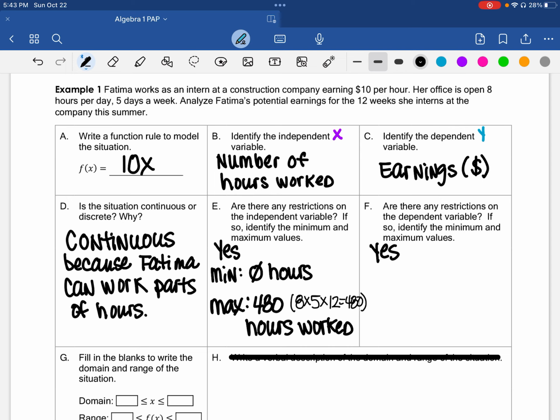Yes. Now I'm going to use these numbers that I have here to give me their monetary ones. Well, if she works 0 hours, she's going to earn $0, right? Our pay should always be positive. I can't pay you negative $20. That would mean you owe me $20. That's not how getting paid in a job works. Our max is going to be